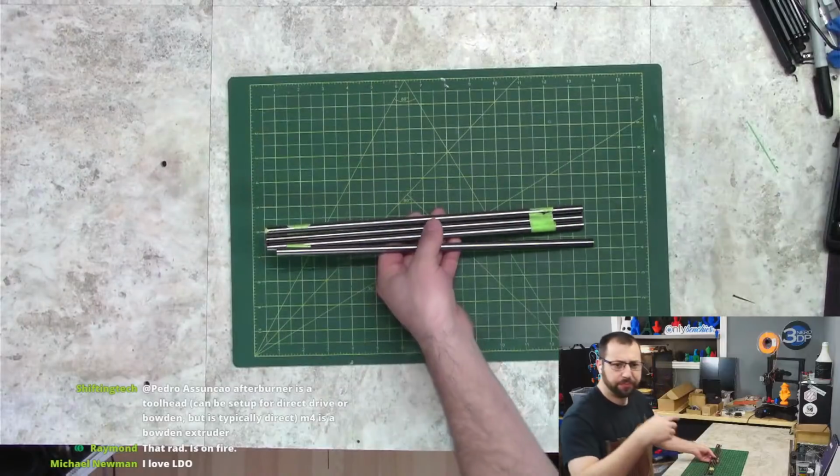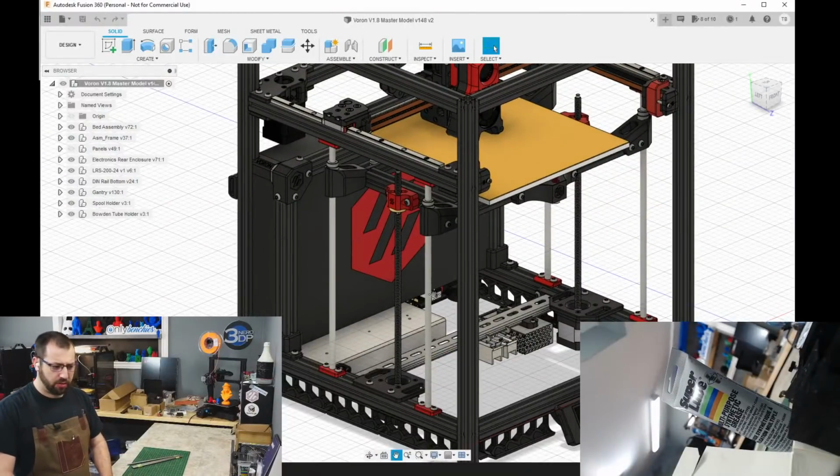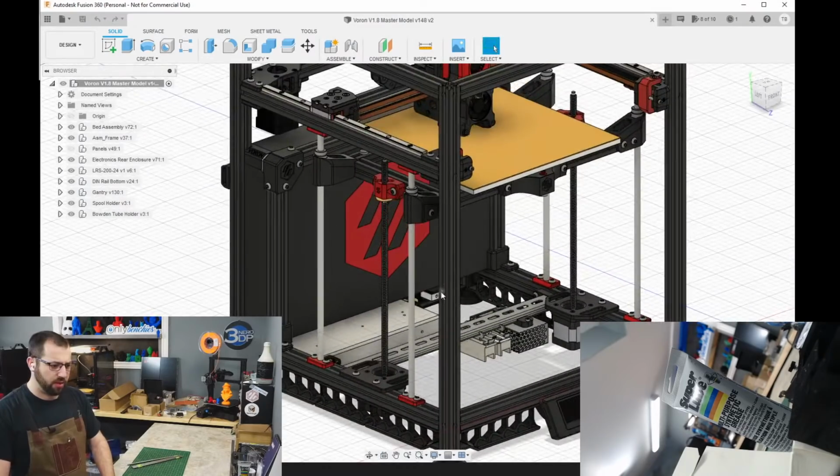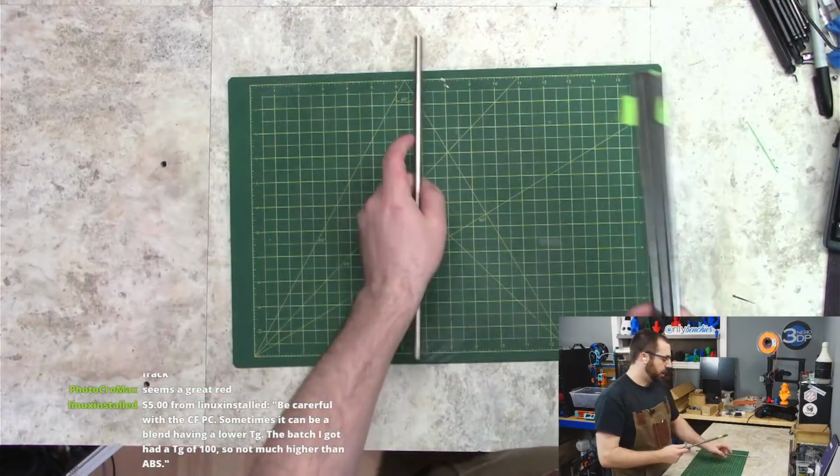Now, we have rods, because this uses rods. It's like the Legacy. It's got rods for the Z. So, these are the rods I'm using. These are actually